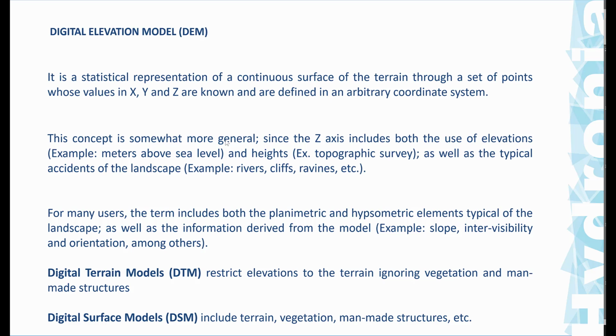On the other hand, the digital surface models, or DSM, do include the terrain as well, but also the vegetation and man-made structures. They would include trees and buildings, etc. It's very important to understand that, because